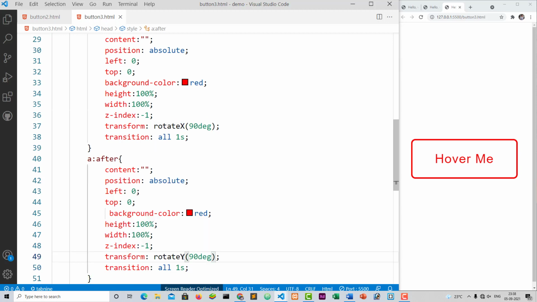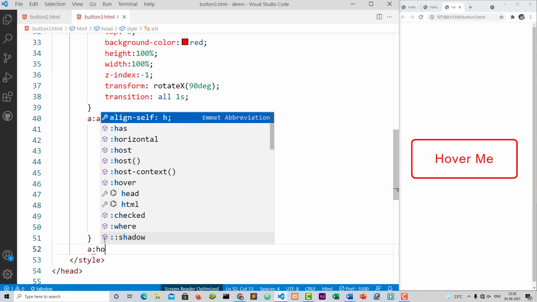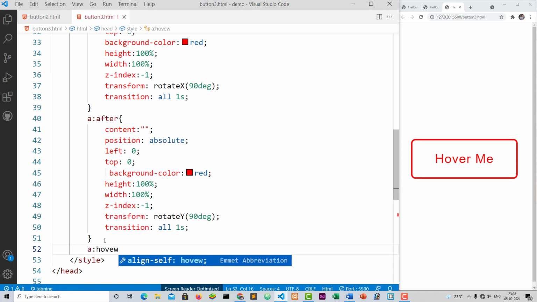In the after position, I will change the transform rotate property from X to Y so it can move vertically. Colon over colon before.